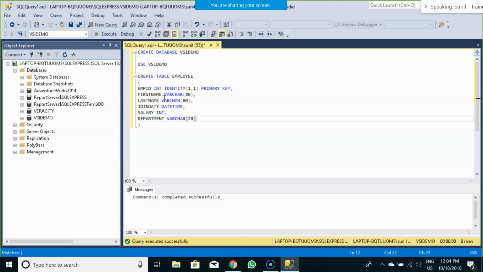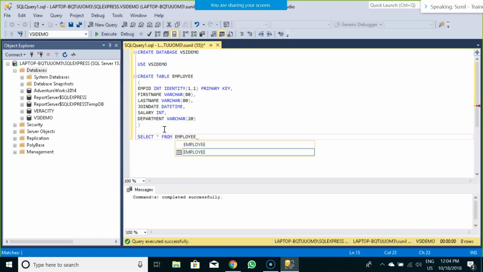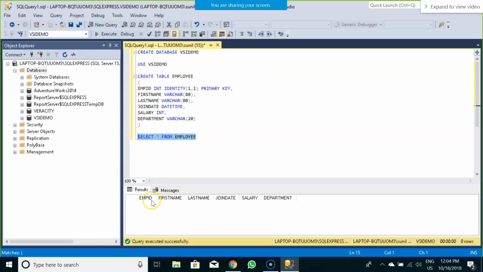Then I would be having the first name of the employee, last name of the employee, joining date of the employee, salary of the employee, and the department to which this particular employee belongs. After that, I would execute this query and see whether my table structure is created or not. Okay, so we have the employee ID, the first name, last name, joining date, salary, and department.